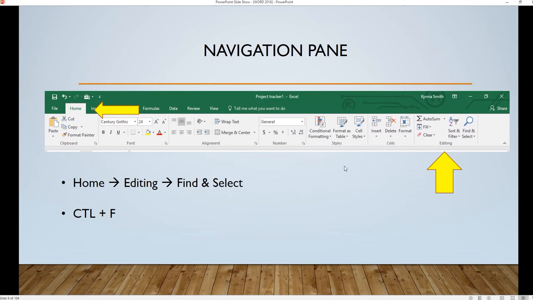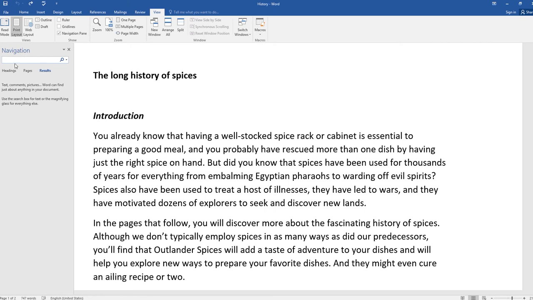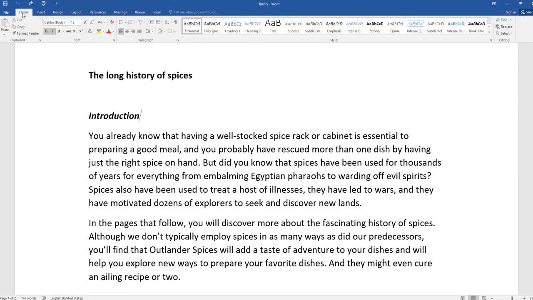Okay, so the other one is your navigation pane. And this is how you're going to kind of edit or sort or find. And so we're going to go through the finding and selecting. So here's your home screen here. So it's your home tab and then all the way to editing on your ribbon. And so it will be home, editing, and find and select. So you'll drop this down. Or the shortcut to that on a document is Control F. So if I were on this document, I could easily do Control F and it will bring my navigation screen up. Or I will go home, go all the way over here to editing,